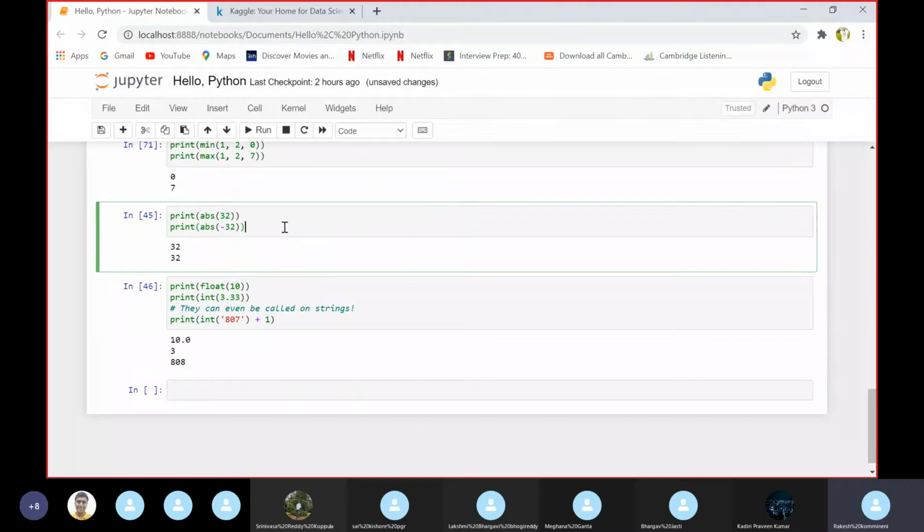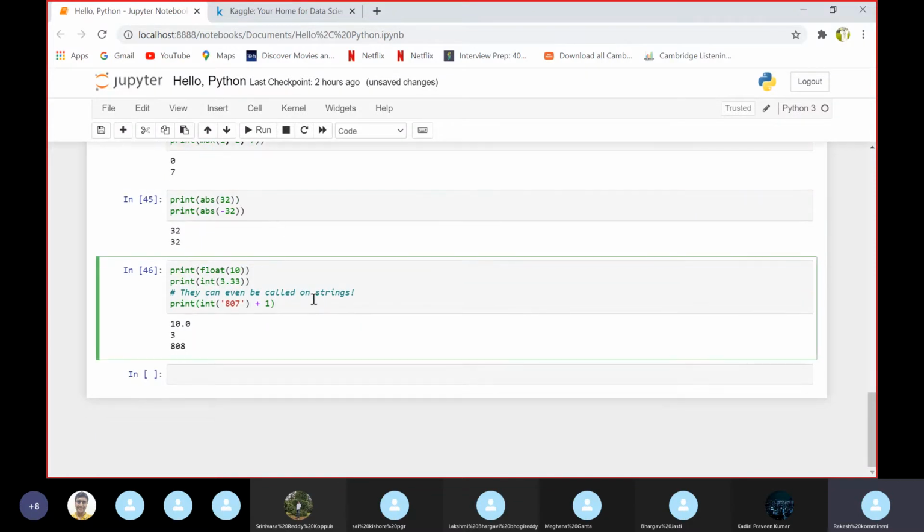And coming to abs, it results the exact value, the true value of an integer, no matter how high the value is, but it results the same value.